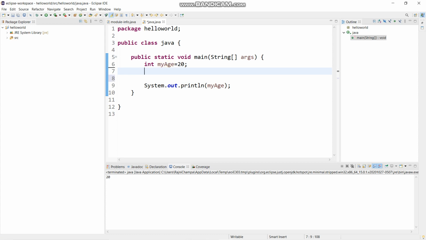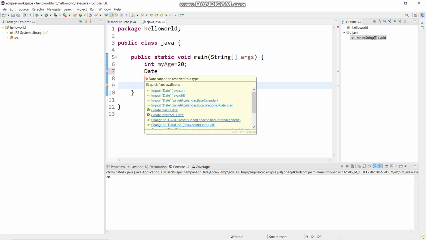Declaring and initializing a reference type is slightly different from a primitive type. So let's type Date. Here we have different packages suggesting the Date class. Here we have the java.util package. This package contains a lot of utility classes.